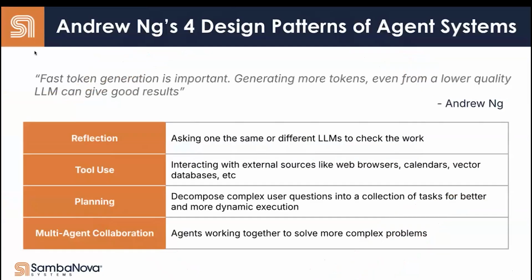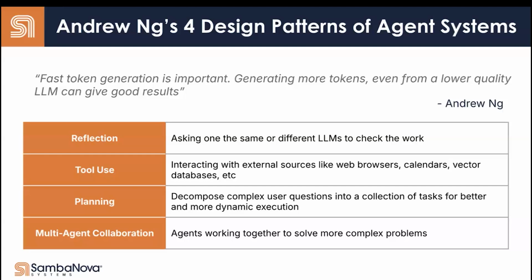Andrew Ng, the head of DeepLearning.AI, recognizes that fast token generation is really important in this next phase, and he's outlined 4 design patterns that I think are really helpful and can clarify what agentic building is all about. The first one is reflection, and we've already talked about this with guardrails and hallucination. It's very important in order to ensure that the model response is accurate and safe. And this can be done with one specific model, maybe something like LlamaGuard,